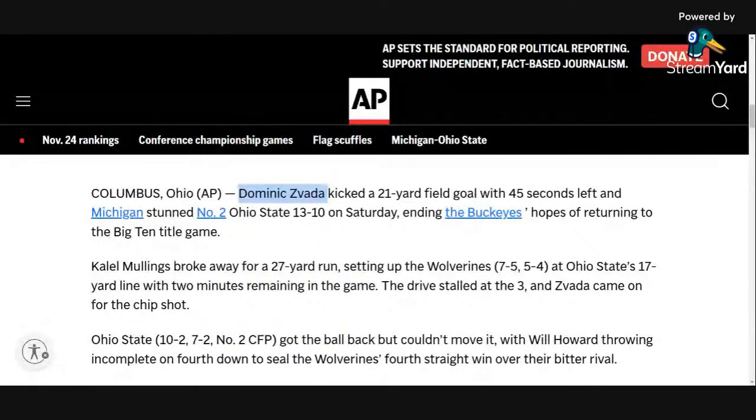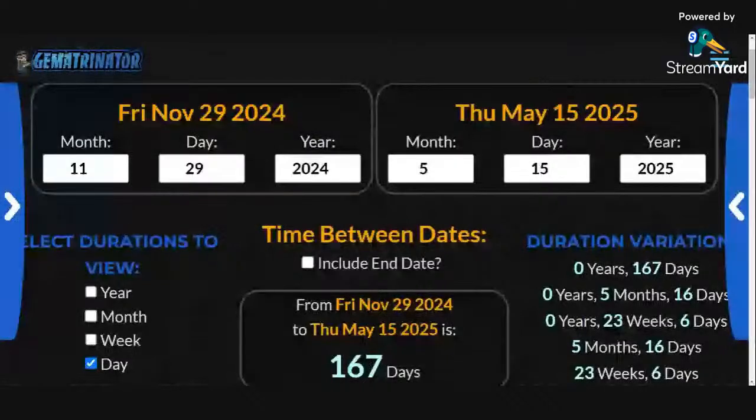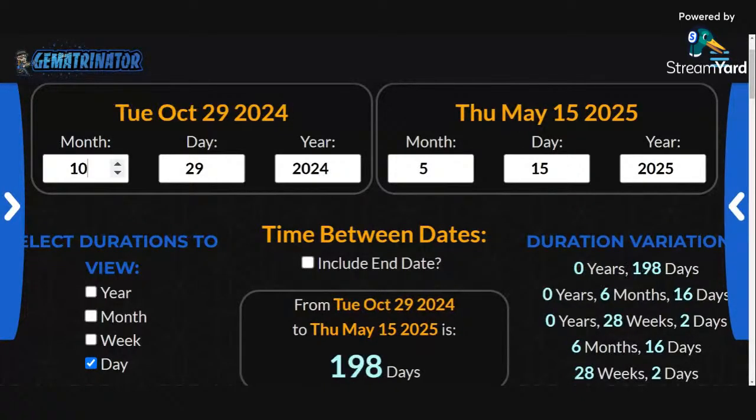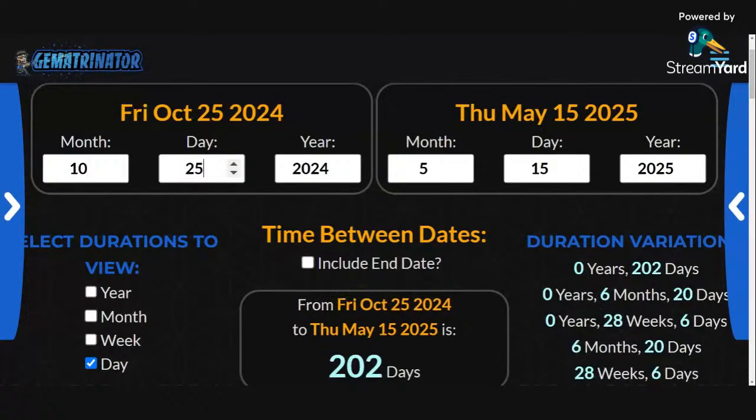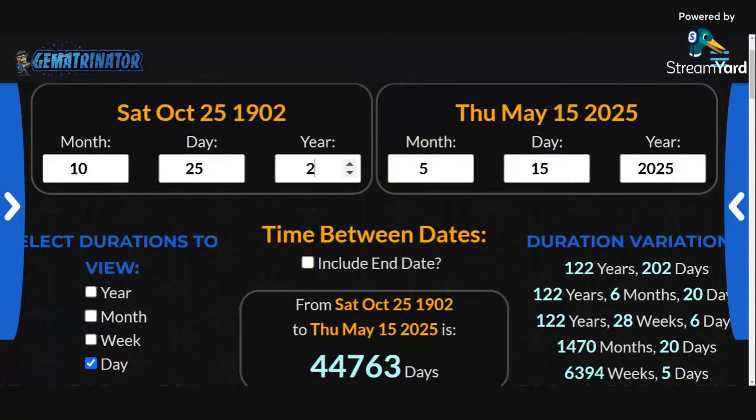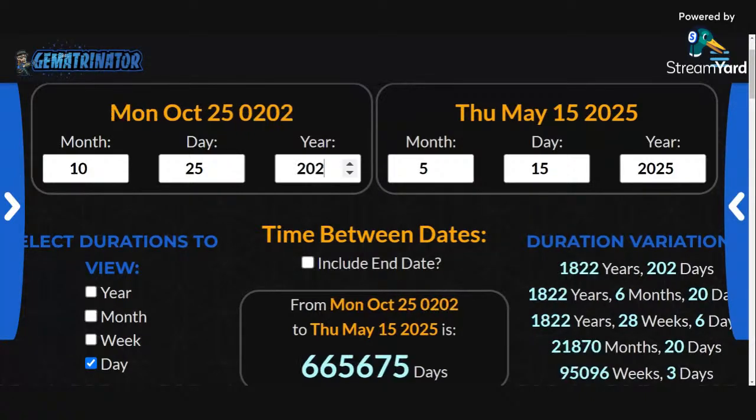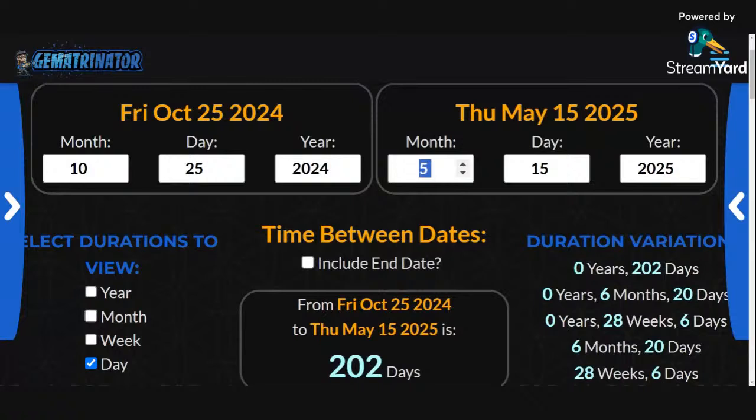But anyways, let's take October 25. Let me pull this up. Look at that. Bam. Okay? So October 25, his birthday was just last month, well, and some change, right? Now we're into December. But you want to put the closest date birthday, whether it's the last birthday or following birthday, with the event. So obviously it's going to be the game after his birthday. So his birthday is October 25th. Game-winning field goal kick. Michigan upsets rivals Ohio State. So you just want to do this. Remember, Gematrinator 85 calculator. Okay?